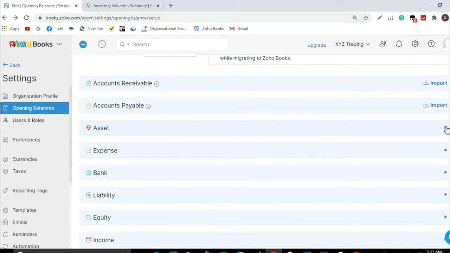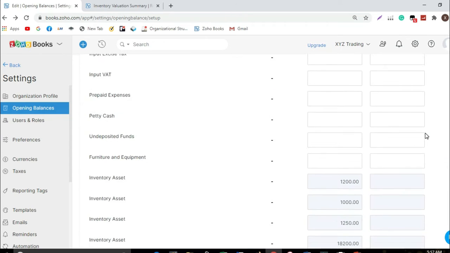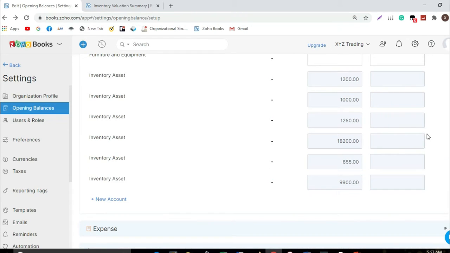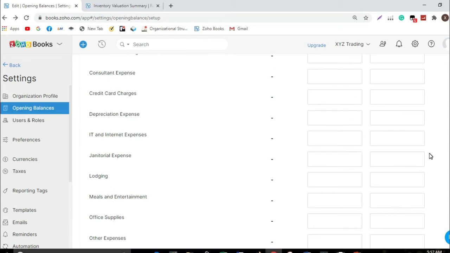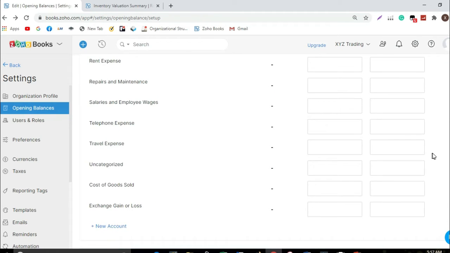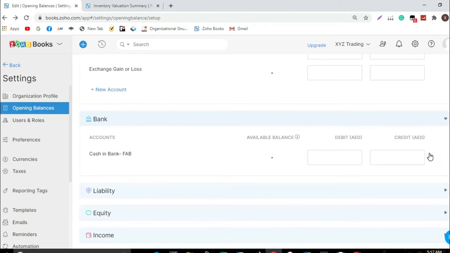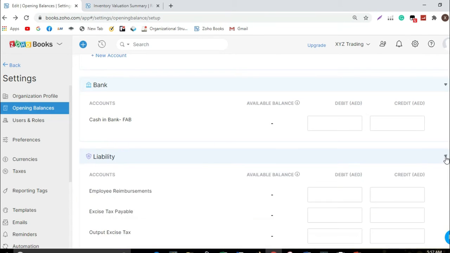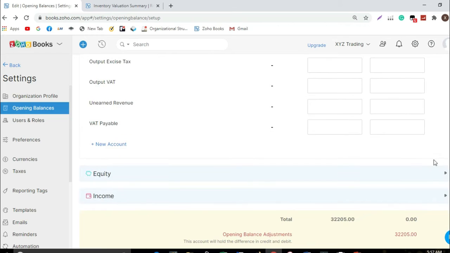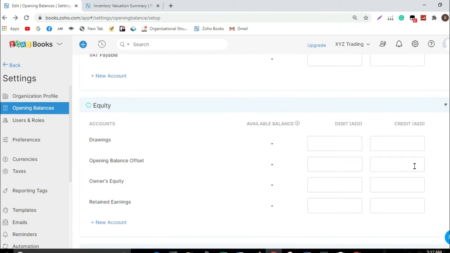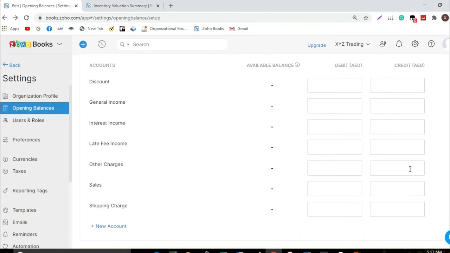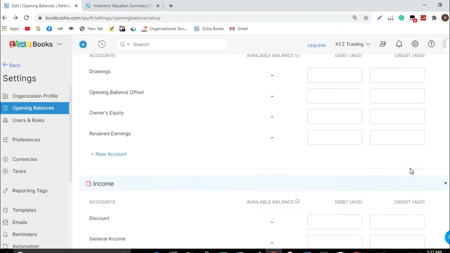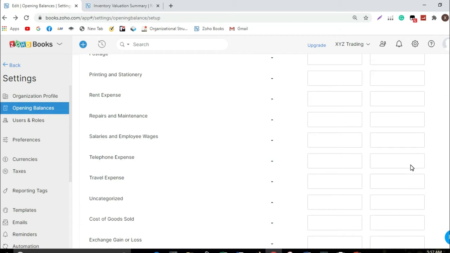Or you can manually add a figure here. Just search for the specific account title, and if you notice, inventory is part of the opening balance. Even though we added the figures through the item module, they were linked to the opening balance after we saved the import of items; all the figures in the import will reflect in our opening balance.